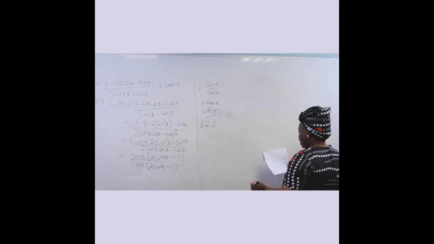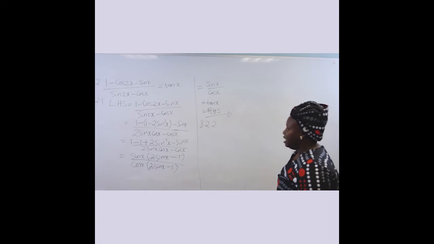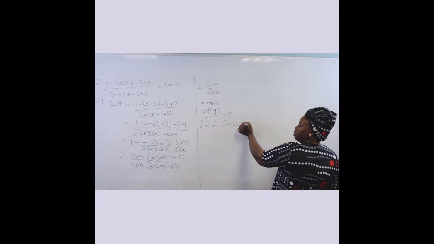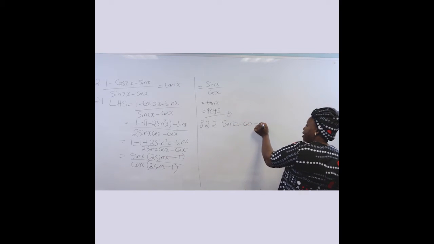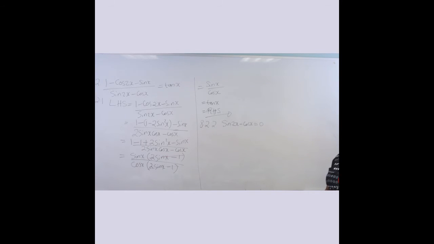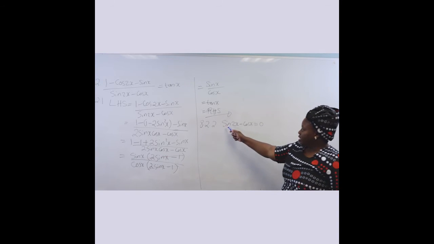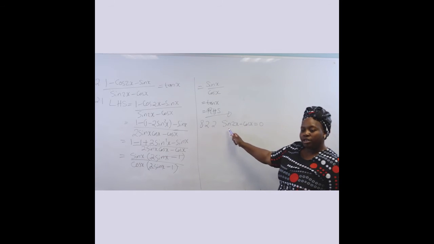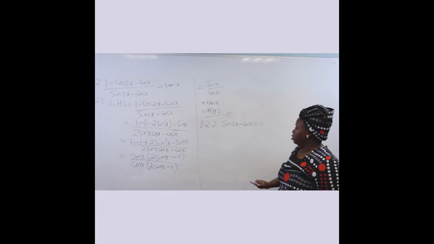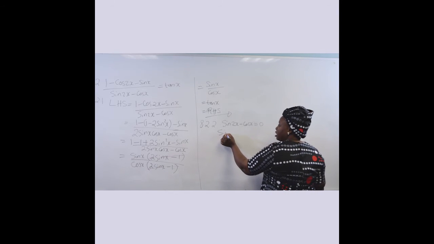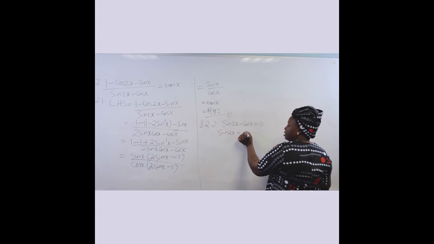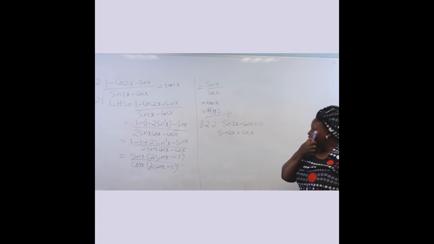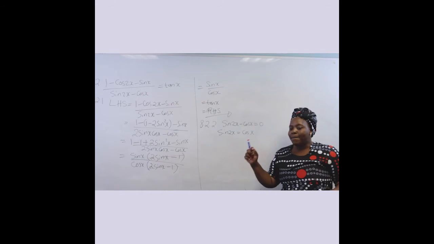8.2.2. We are told that it's undefined. So undefined is when the denominator is equal to 0. That is where undefined is. We must solve for x. Now, look at this. We have sine and cos. We just said these two are somehow married, so we can put them in that statement. So let's put sine 2x equals cos x